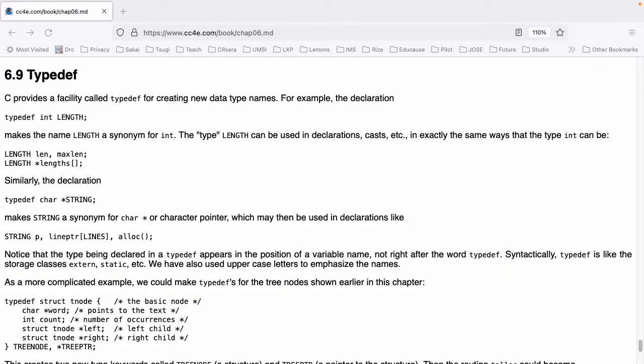Section 6.9, Typedef. C provides a facility called typedef for creating new data type names. For example, the declaration typedef int Length; makes the name Length a synonym for int. The type Length can be used in declarations, casts, etc. in exactly the same ways int can be. Length len, maxlen; Length *lengths[];